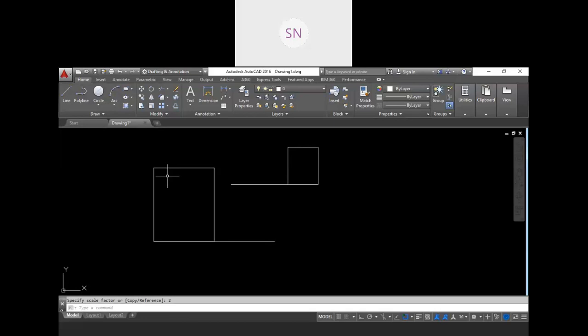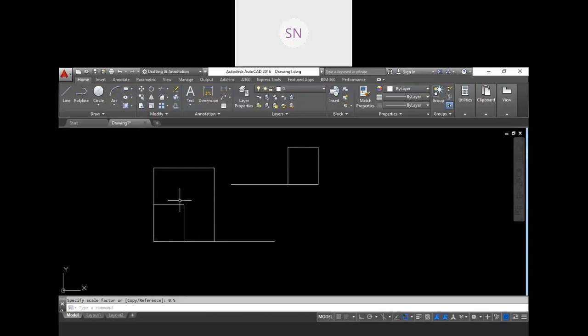For scaling, we have a copy option and reference option also, like in rotation. So SC, enter, select, enter, base point, and then click on copy first. Copy. And then provide your value, for example, 0.5. So it will be half, right?